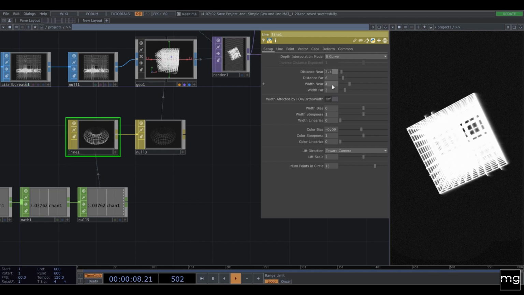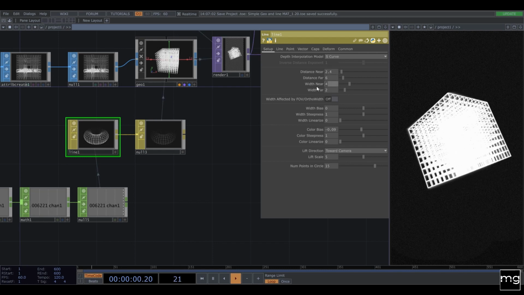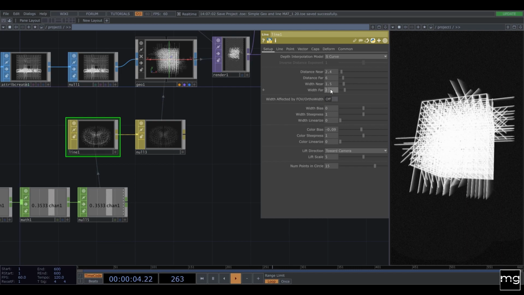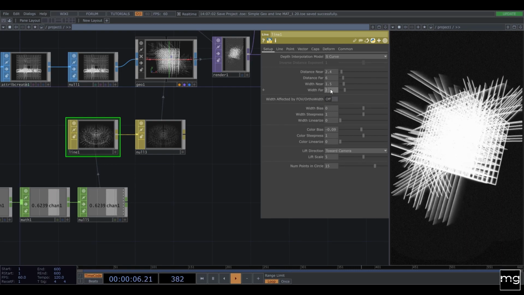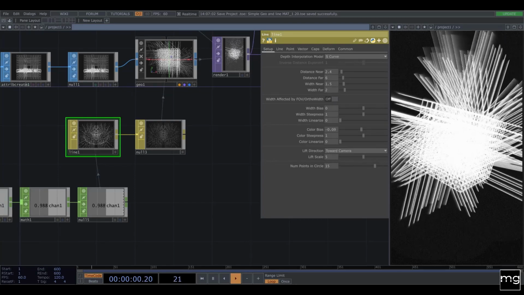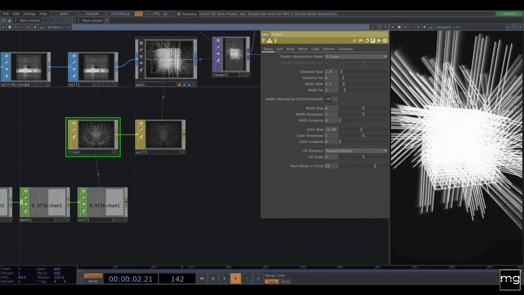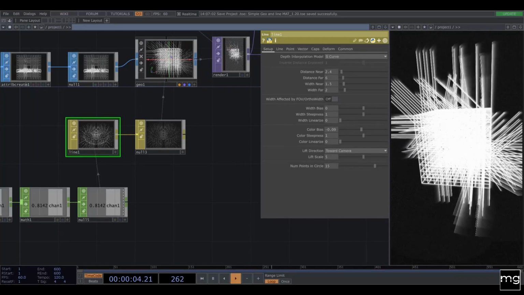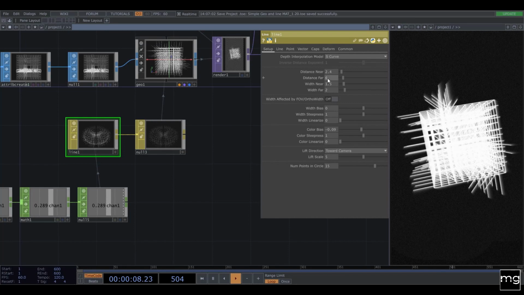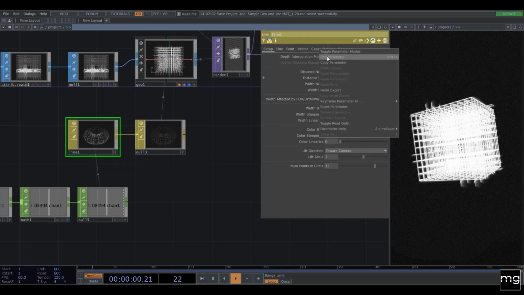Sorry, the width near. We're going to change it to 1.5, for example, so we have a little distance here. Then leave this as it was.